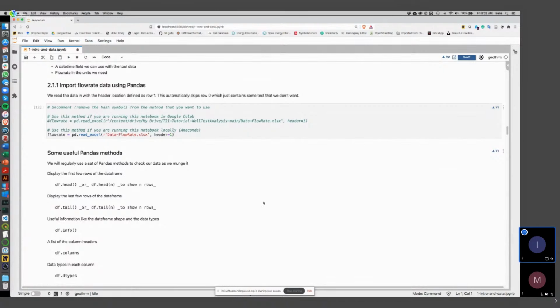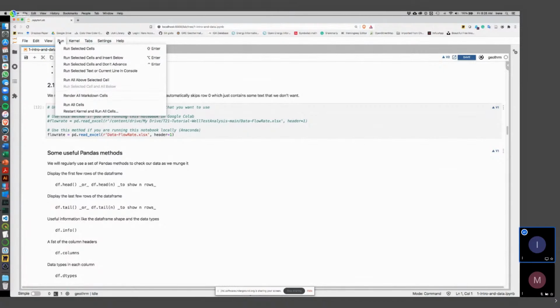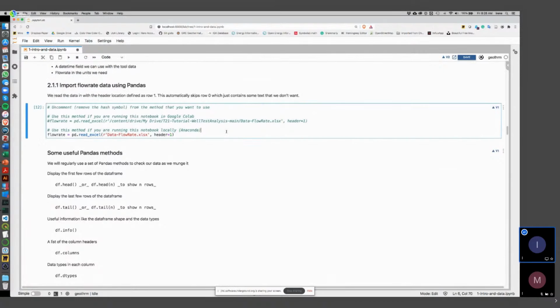I love it. So what I've done by coming up here and running all cells is I've run all the cells of this notebook, and I know the PTS data file that we're dealing with has 100,000 rows in it, which is not an unusual data file size. It's not an especially long test. You can get really big ones, and that's the other benefit here, because Excel really strains under the weight of the data volume. We're going to be using a tool called Pandas, which is a really amazing data science library